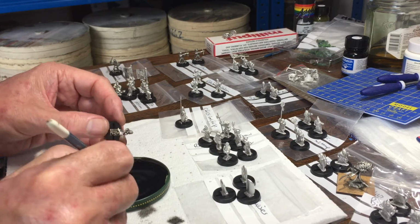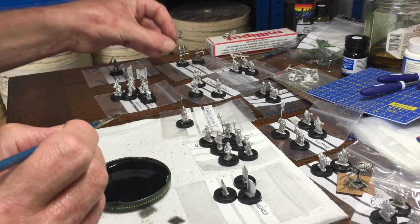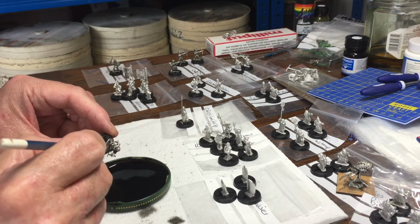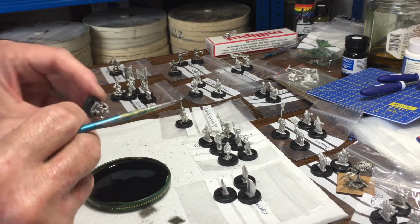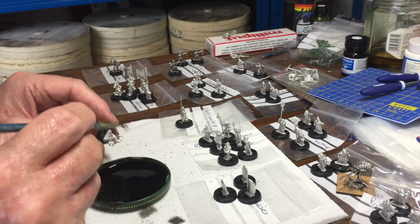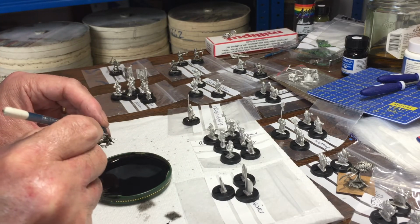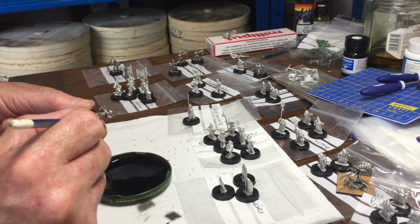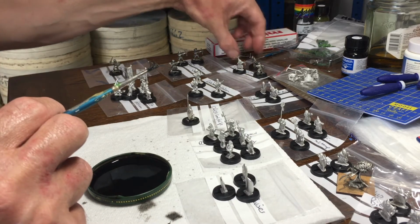for photography. Right, I'm just going to quietly work my way through these. It's just not particularly precise. The only precision in this is making sure I stick the figures back on the right coded bag, so that when I photograph them later, they're all identified. I could number all the bases, but basically I'll be keeping these for reference later, and so I may well prime the figures or undercoat them with black paint and paint them for display later. But the inking is just a very quick way of showing off figures for photography for a shop,